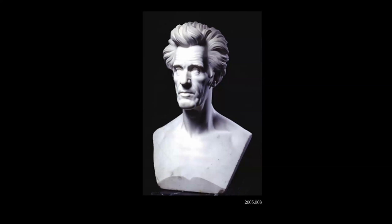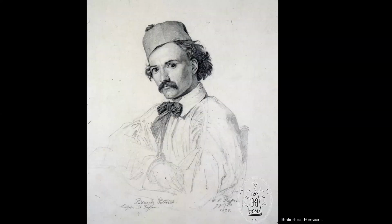This bust of another prominent 19th century politician, President Andrew Jackson, is by Ferdinand Pettrich and is found in the dining room. Born in Dresden, Pettrich trained in Rome with Thorvaldsen. After working briefly in Philadelphia, he arrived in Washington in 1836, and it was actually through a letter of introduction from Thomas Sully to Ralph Earl, who was Jackson's artist in residence during his administration, and actually, I believe, Jackson's nephew by marriage, too,